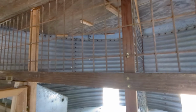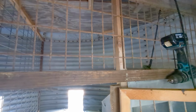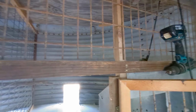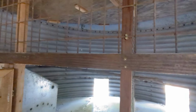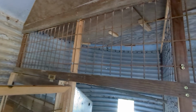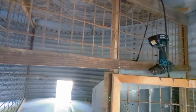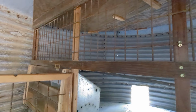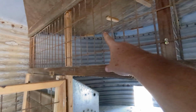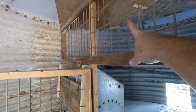For one, it gives it a little added protection and stability to be able to sit. I did leave it roughly an inch. So the diameter of this is an inch shy of 9 feet. If you measure this board all the way across, it's 9 feet, and this thing is 1 inch shy of that, basically the width of the bolts. And it's not a perfect circle either. I also want to be able to drill the hole to mount to these blocks, right in between those